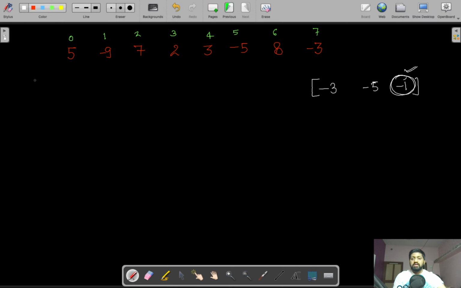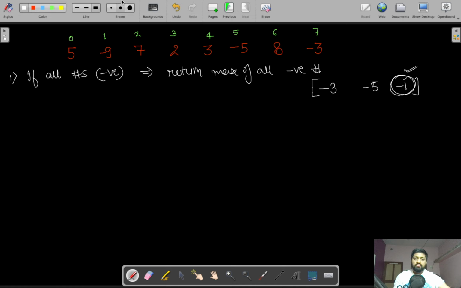So the first condition you need to check is whether all numbers are negative. In this case, we simply return the maximum of all the negative numbers. This is the first condition, or base condition, as I can say.